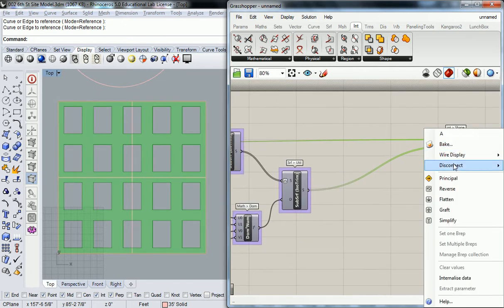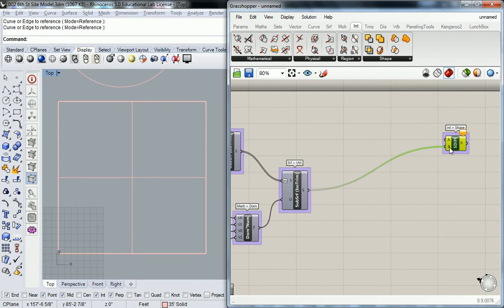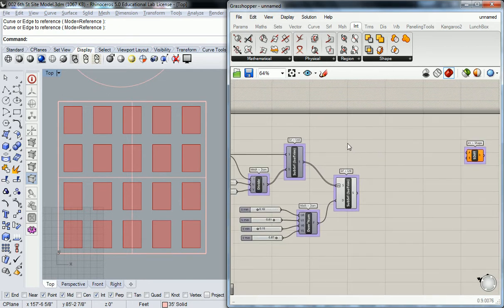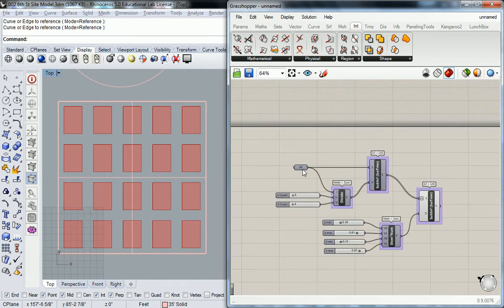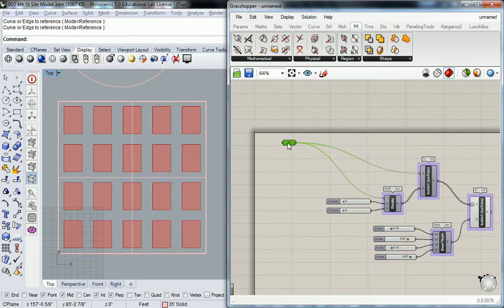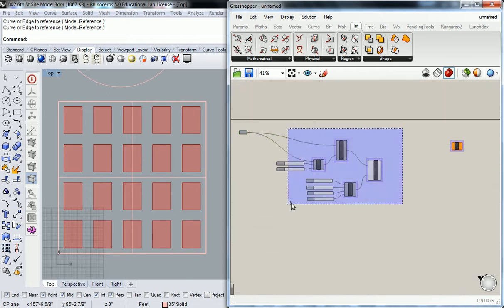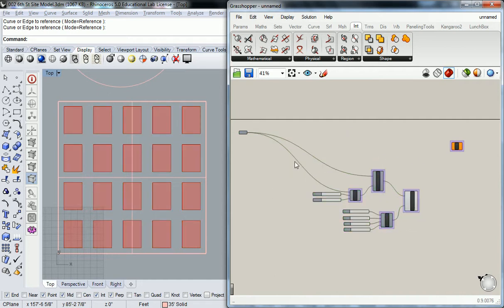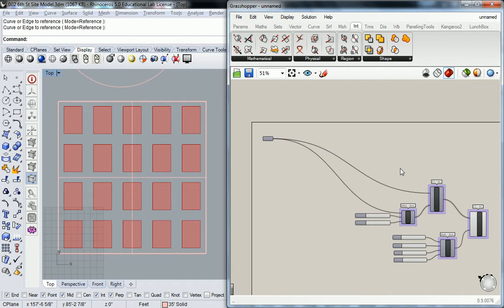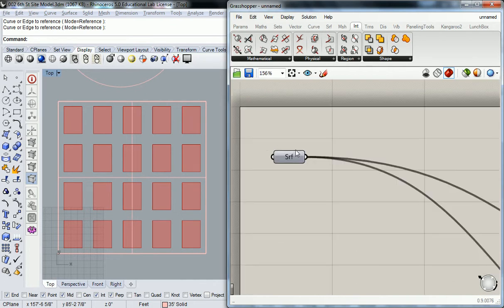So let me just disconnect these. Disconnect that. Turn this on. So for the overall surface, this is going to become our main surface. Now we're starting to get to a point where all the stuff is stretching really far across the workspace. So I'm going to give you guys some visibility tips. Something that I typically do with